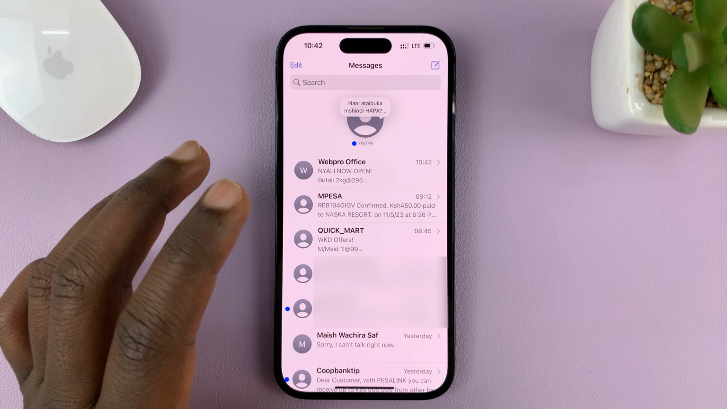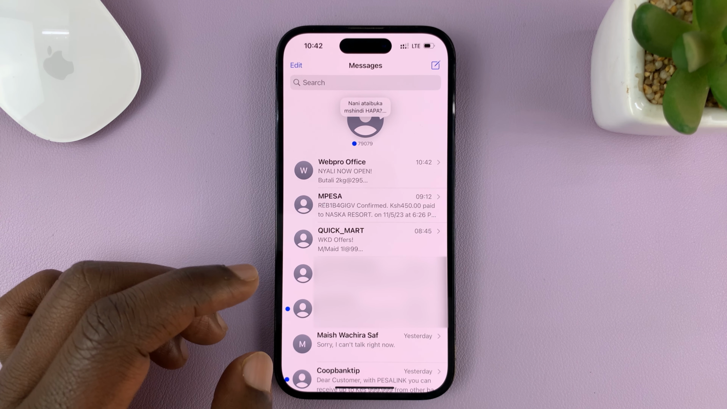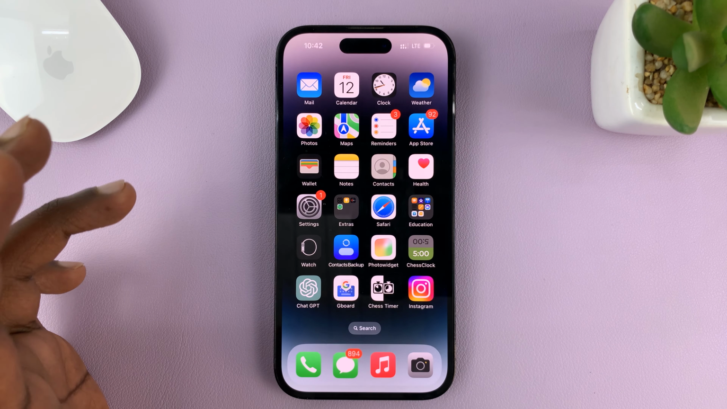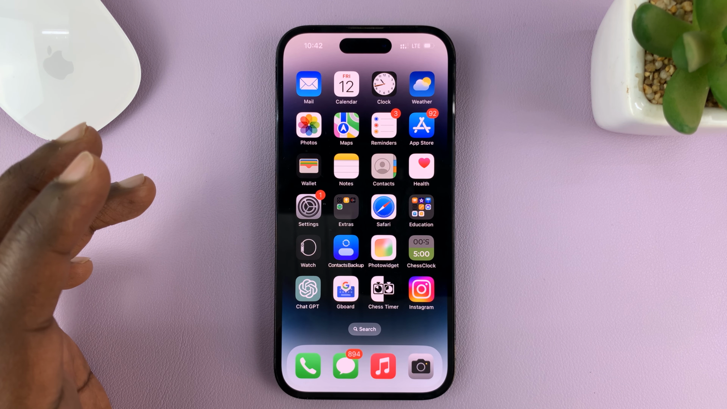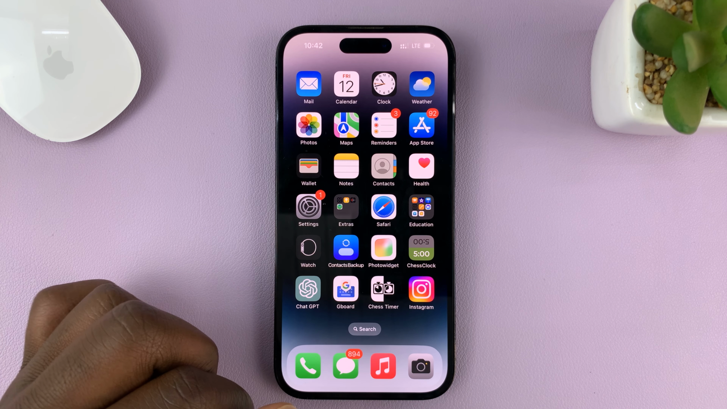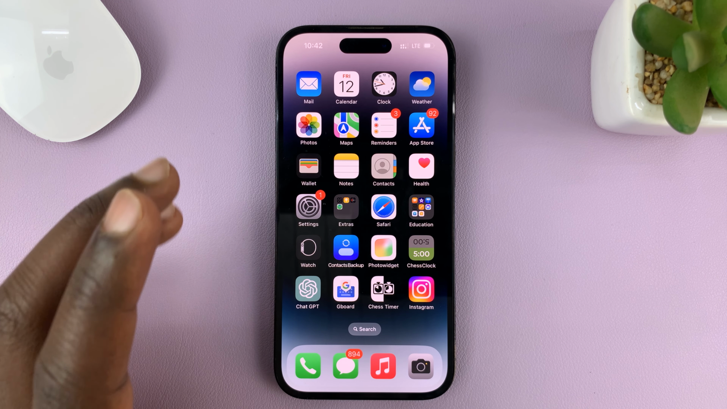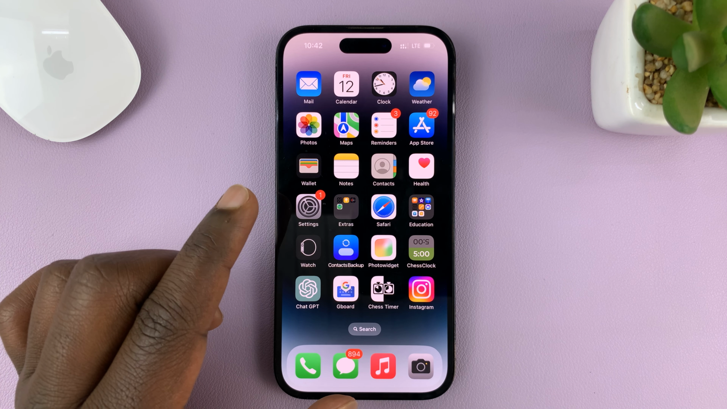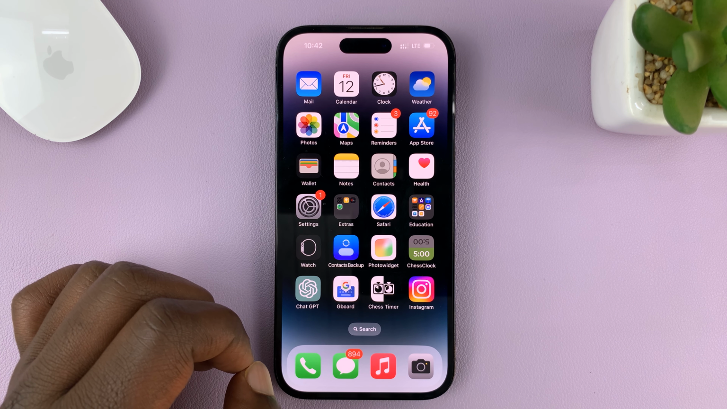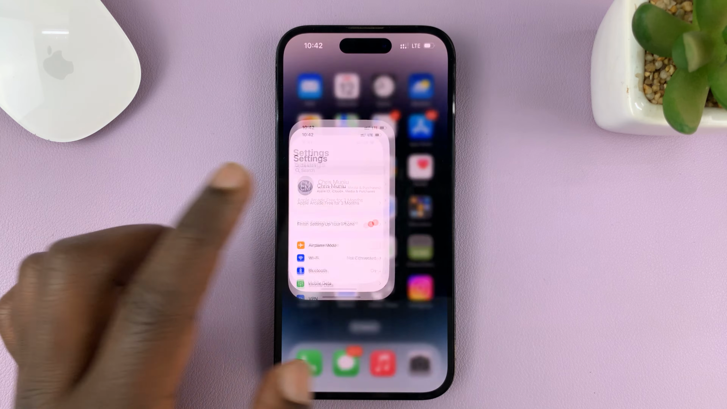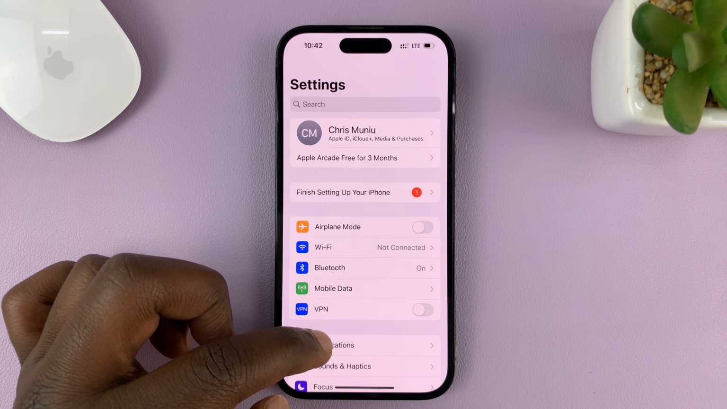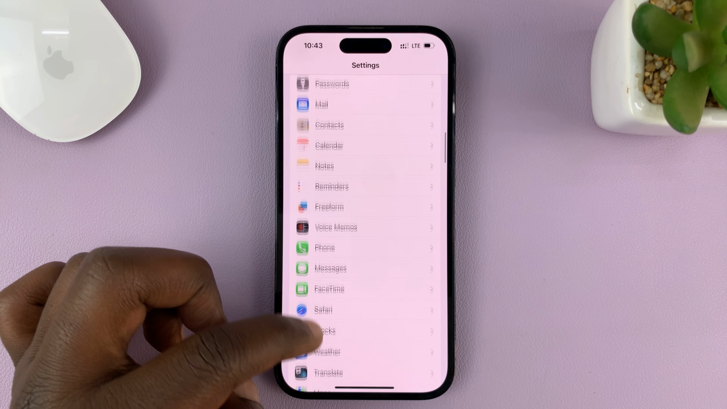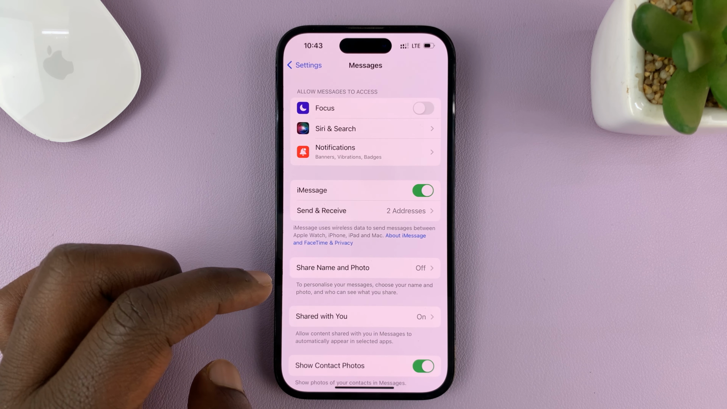Now, sometimes this might not work for one main reason. You might be forwarding to someone who does not have an iPhone, maybe someone holding an Android phone. If it's an iMessage, then this might not work unless you have enabled text messages in case iMessage is not available. So to make sure of that, go to settings, and then under settings, go to messages, tap on it,